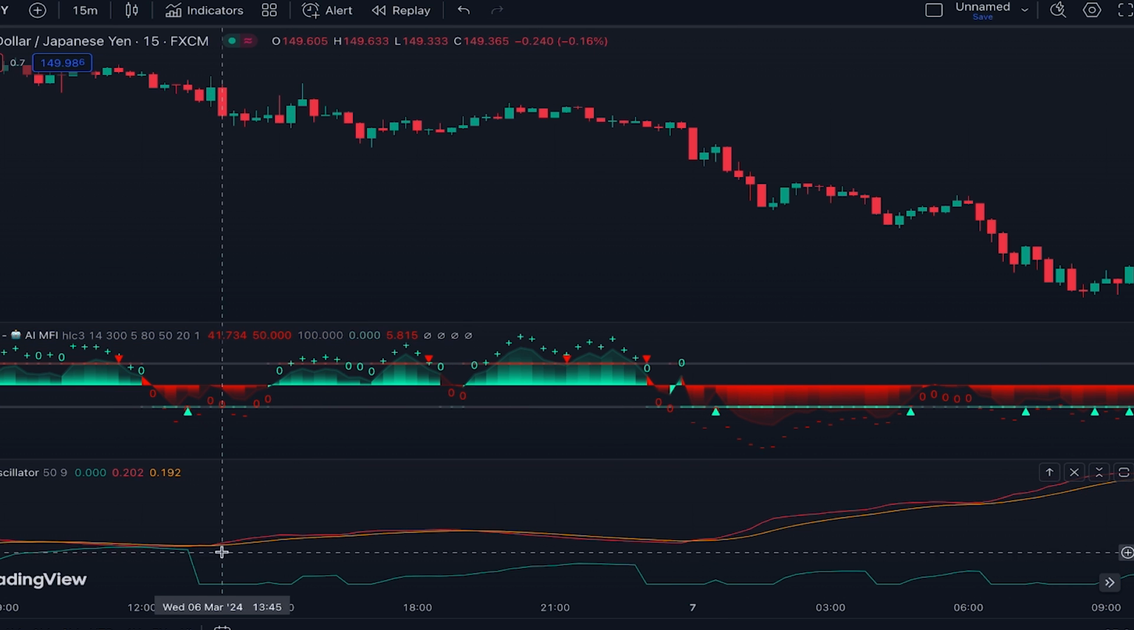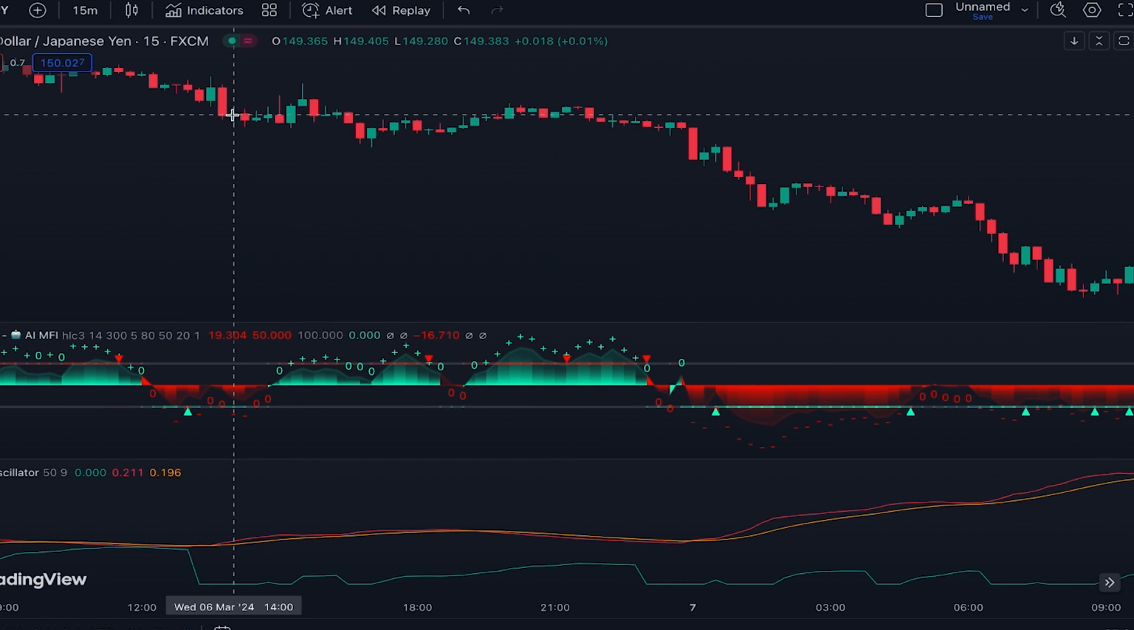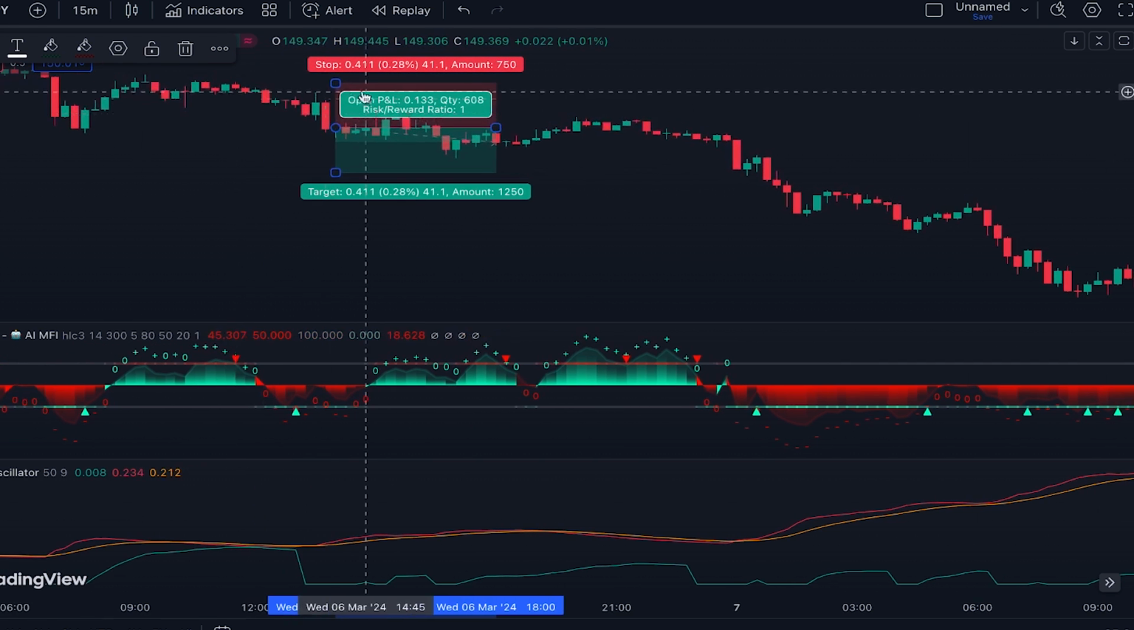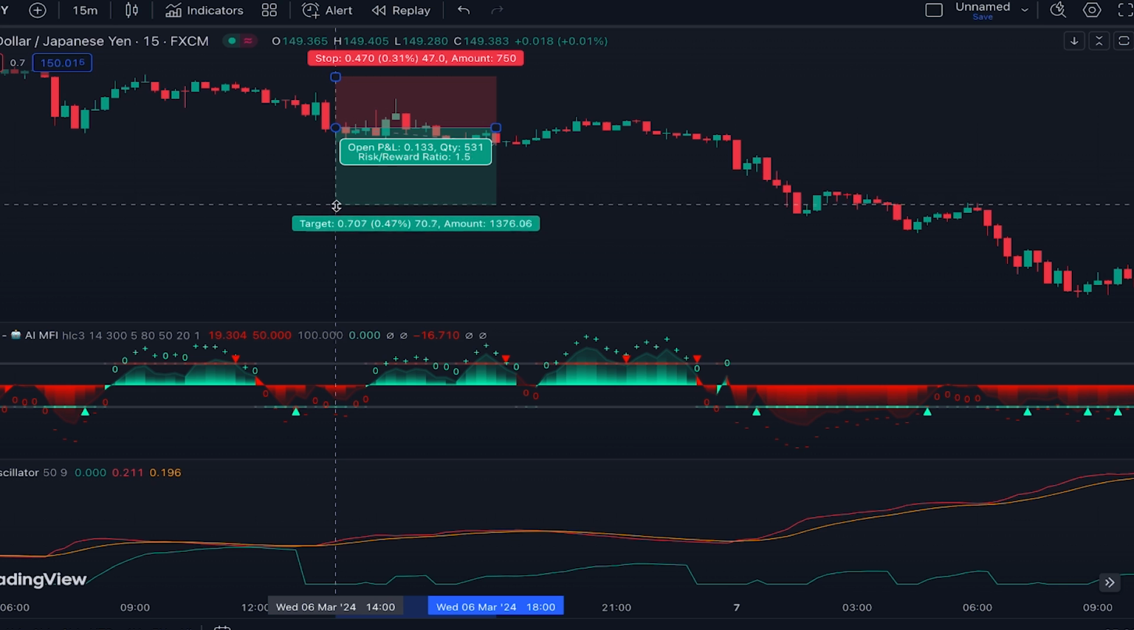Alright, so as I said, when the red line crosses above the orange line, the histogram should not be oversold. In other words, it should be above the oversold level. So here the signal is confirmed, and we can enter a short position at this point when this new candle is opened. The stop loss for this trade is placed above the previous swing high, and the profit at 1.5